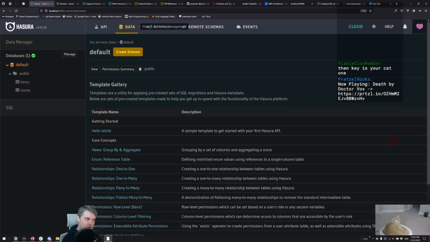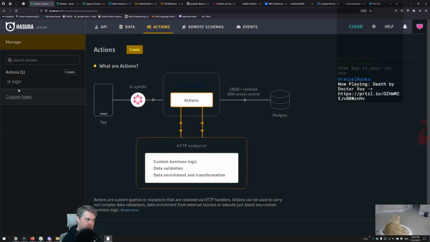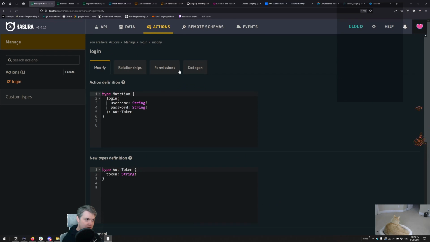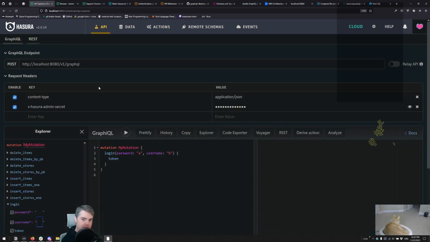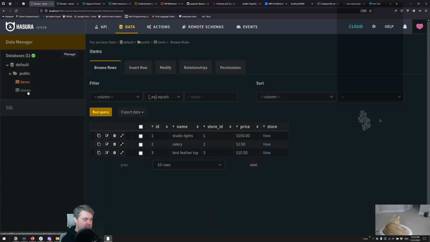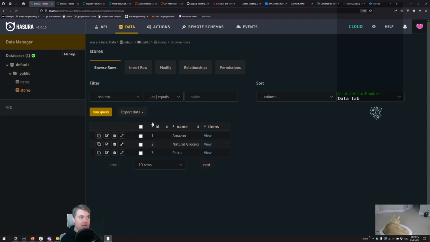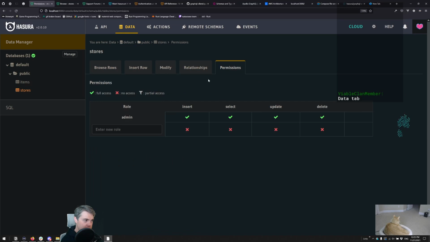Okay, so don't save. So we have our actions still. We have our login. This is all working. Now permissions. I guess like this is still fine, right? So I guess we go into data. I want to go into, let's say just stores, right? Listing the stores requires this. So I'm in data, permissions,